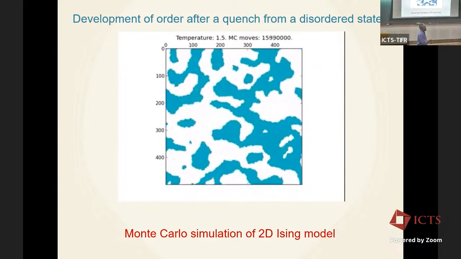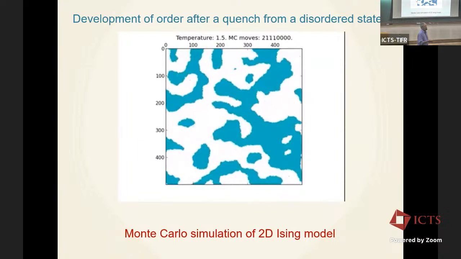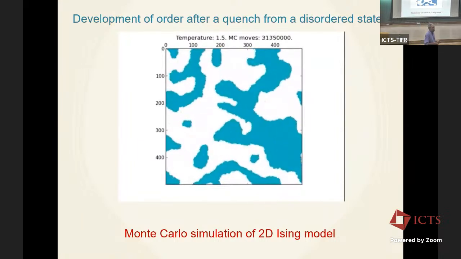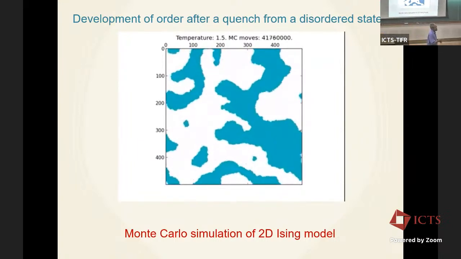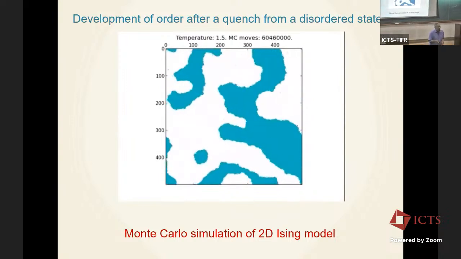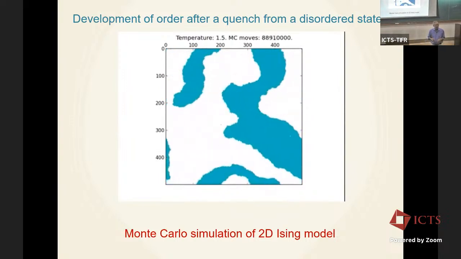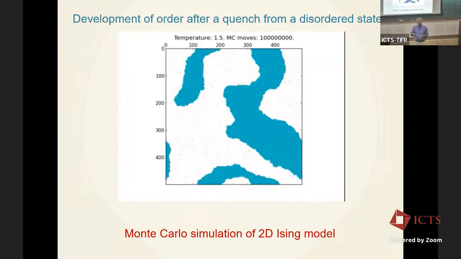When it has chosen to be in the majority white part, it will remain in the majority white part for subsequent times, because to go there from the majority blue part will take infinite energy in a thermodynamic limit. For a fixed small finite system, that will happen. There will be switching back and forth between the two ordered states, which are related to each other by the symmetry. Okay, so this is a very important concept, and